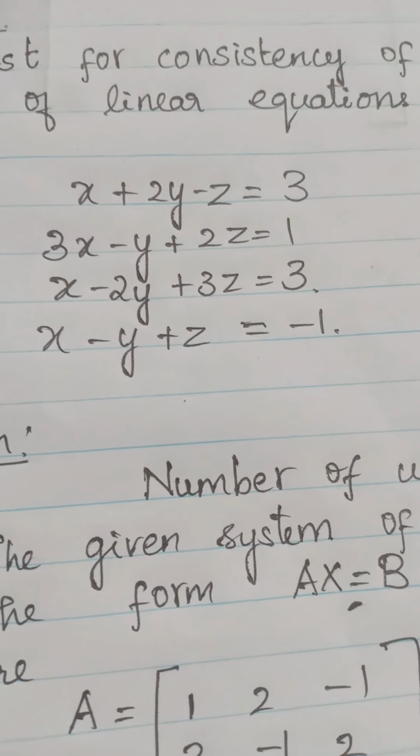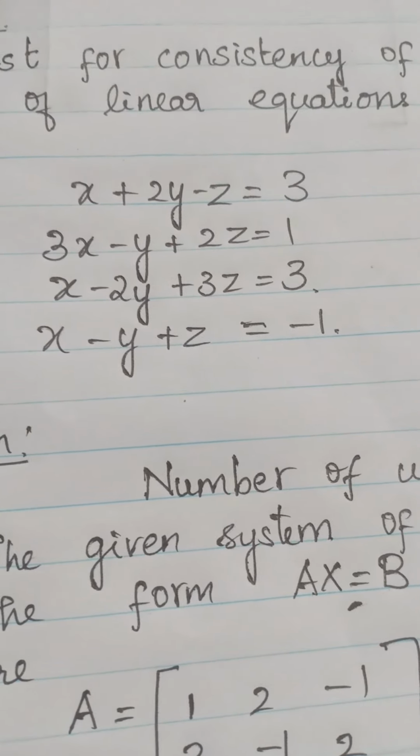So here in this question we are asked to check the consistency of the system of linear equations given. To start with the solution, first we need to know how many unknowns are here. Here x, y, z are the three unknowns. So number of unknowns equal to 3. Then the given system of equations are of the form